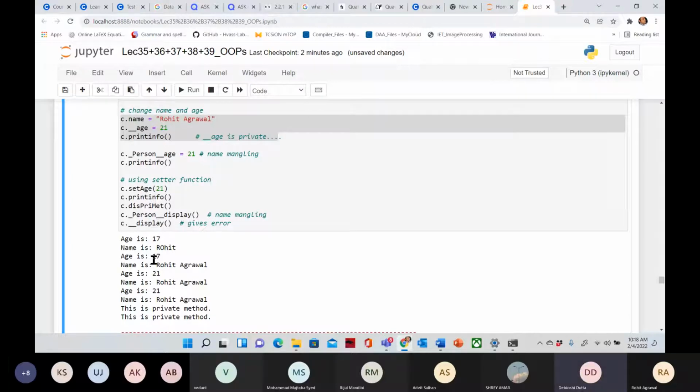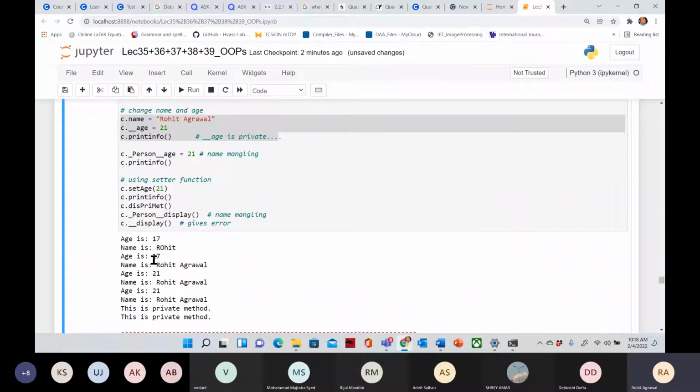I mean, sir, it technically didn't answer my question. I didn't understand what happened here. So private attributes only show the initialized value? Is that what you're saying? No, they don't just show the initialized value. What I am saying is that you cannot update the private attributes of the class